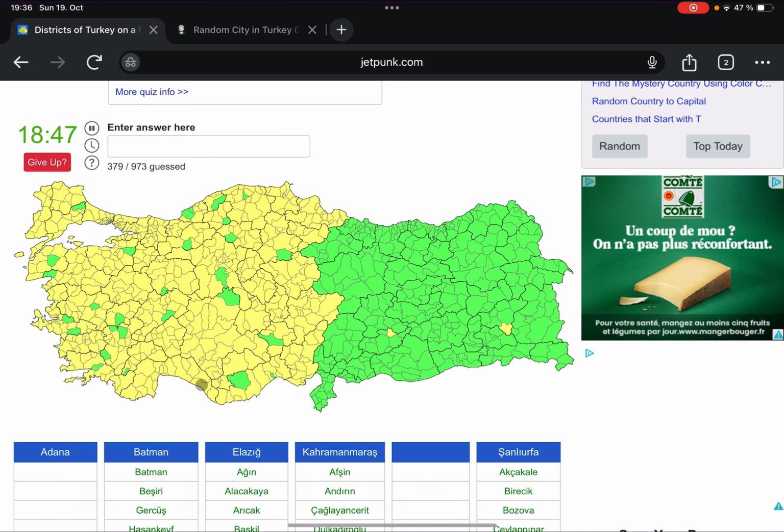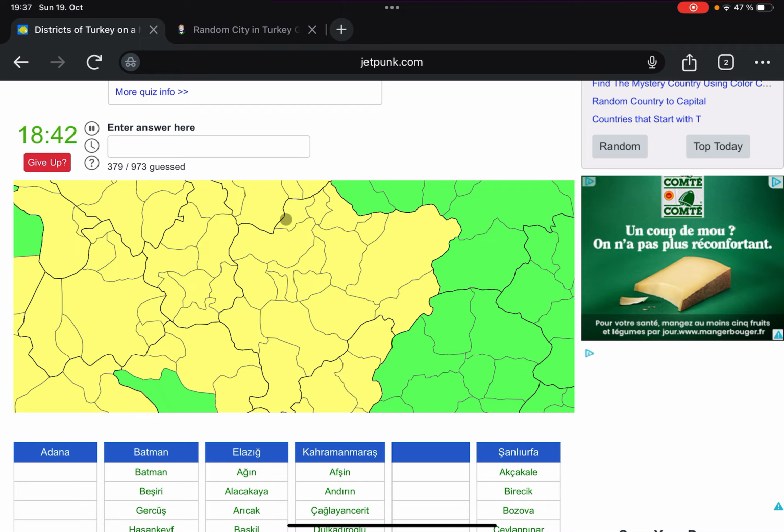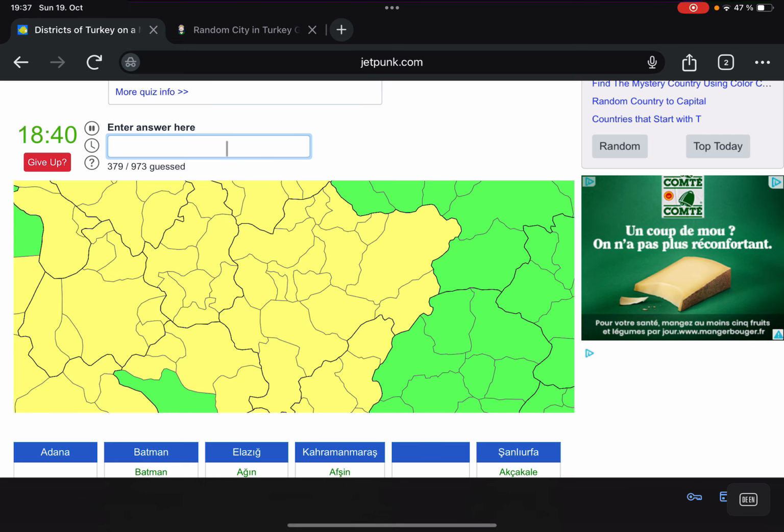All right, then let's go over here. This is the province of Kayseri, and the city of Kayseri itself is divided into these five districts over here. So it's Koca Sinan, Melik Gazi, İncesu, Hacılar, and Talas. So this is basically the city of Kayseri, and the other districts in the province are